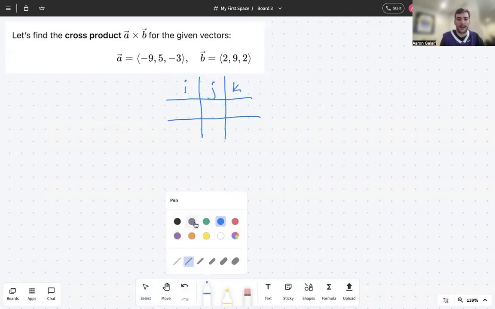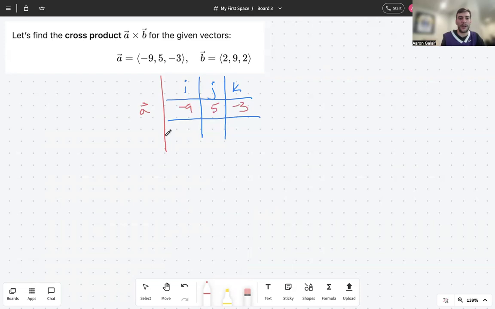Next, we're going to set up our vectors. We have vector A, and that is -9 for I, 5 for J, -3 for the K component. Then we have vector B, and we can see that vector B will also fill out accordingly. B, we see it's going to be 2, 9, 2. All right. So now, when doing the cross product for this, we are going to find the determinant of this